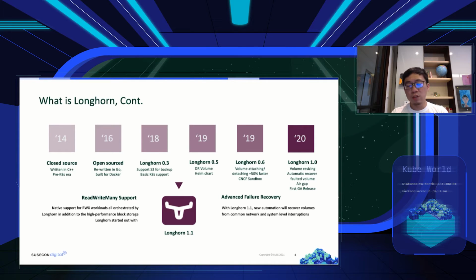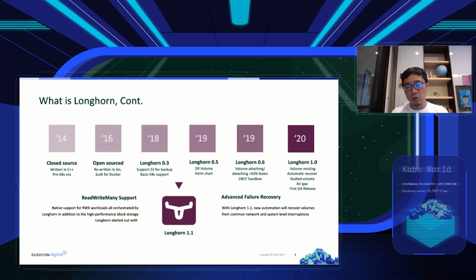We aligned with the CSI spec to work well with Kubernetes components like kubelet. So we support volume resizing, volume snapshot, and all the functionality you can operate through the CSI interface. And we also thought about how to cover different cases for recovering faulted